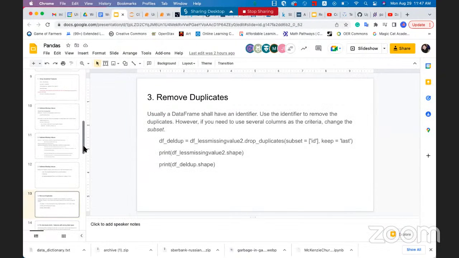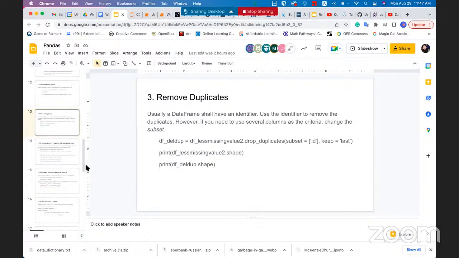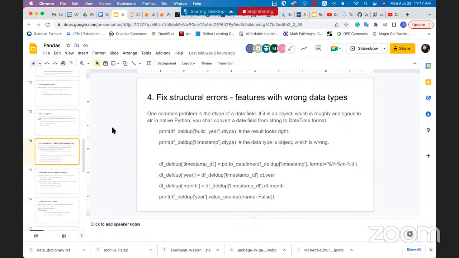Okay, so this is the third step, removing duplicates. The next one is fix some structure errors. Sometimes the feature looks like the right data, but it has the wrong data type. So what we call structure errors. And here you have to be especially careful of the dates or times, those columns, those features. Okay. For example, here,